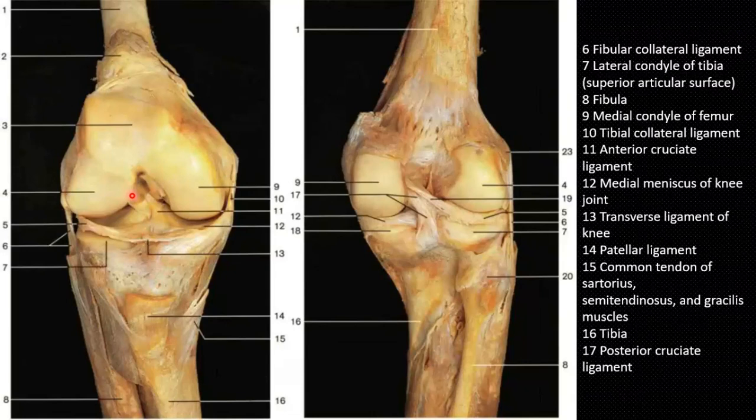Here we are. This is the anterior cruciate, and it usually ascends posterolaterally to be attached to the posteromedial aspect of the lateral condyle. Then the posterior cruciate usually arises anteromedially to be attached to the